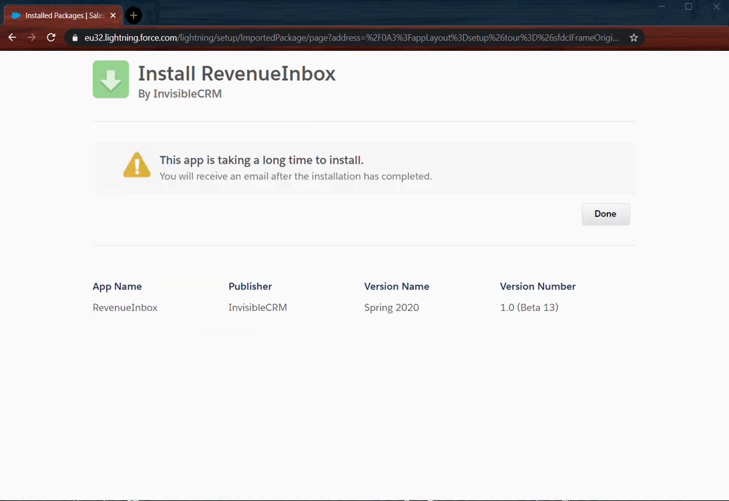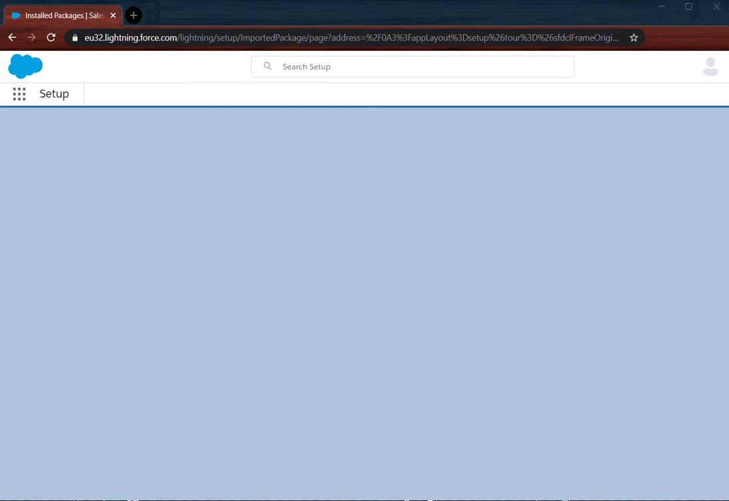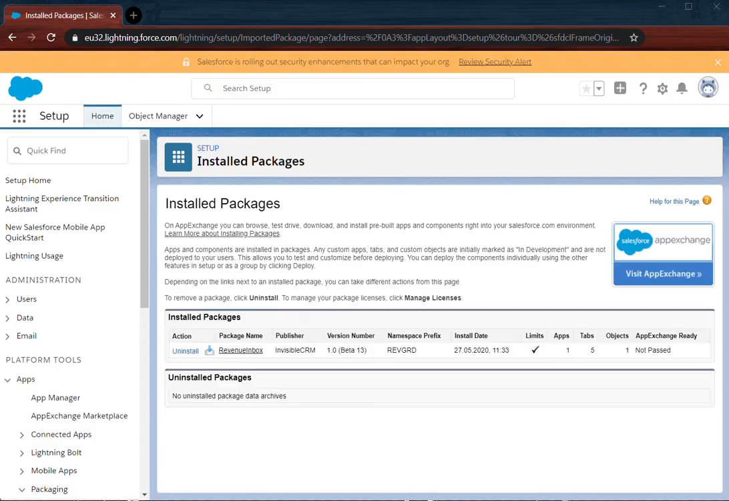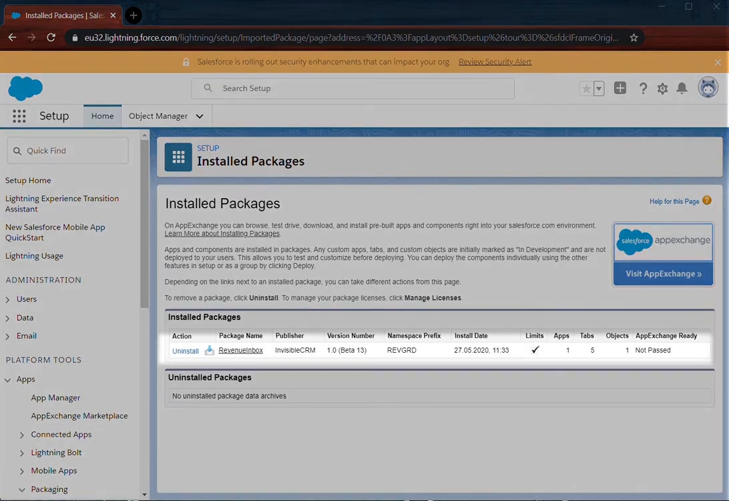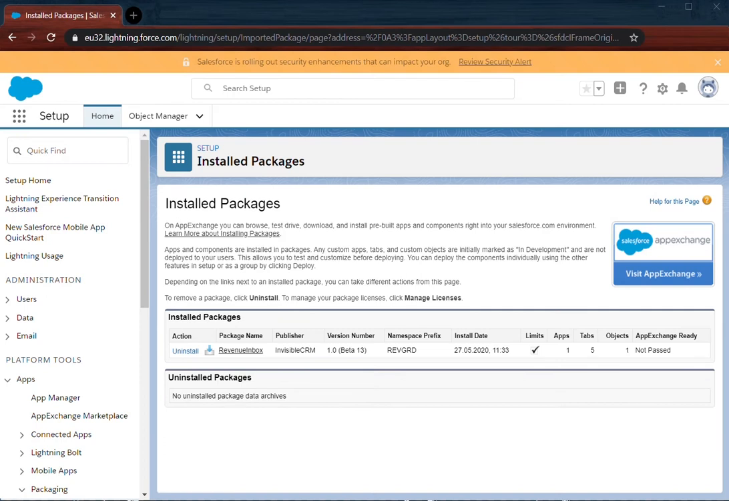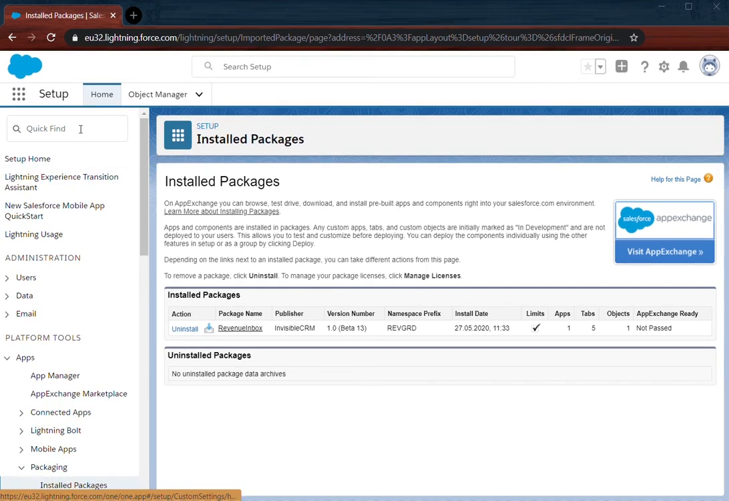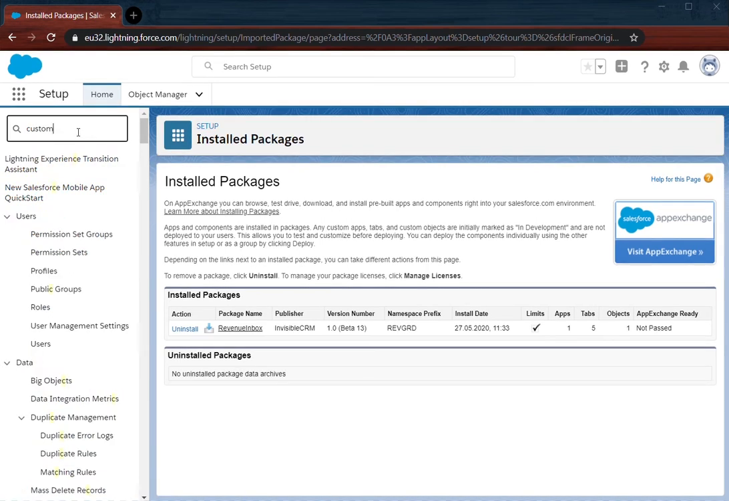And the installation begins. If it takes too long to install the package, you will be notified about completion by email. Click Done and you'll be directed to Install Packages page, and even before receiving the email, Revenue Inbox package has been successfully installed. The managed package is guaranteed to be secure, confidential, and free of any malicious content under RevenueGrid.com privacy and security policies. Then go to Custom Settings